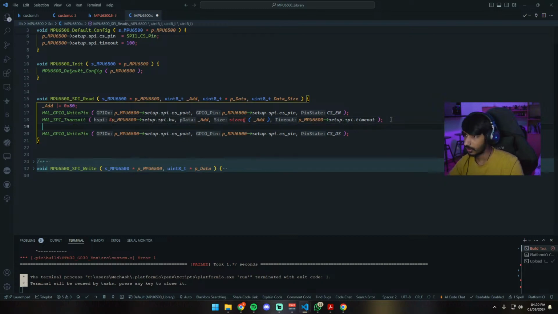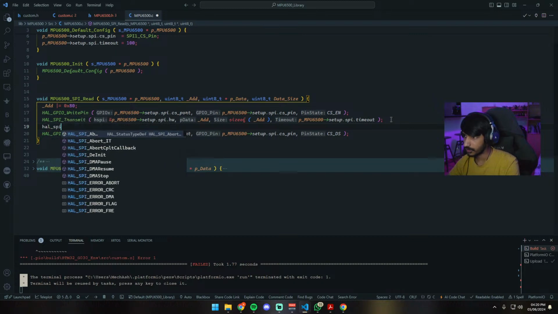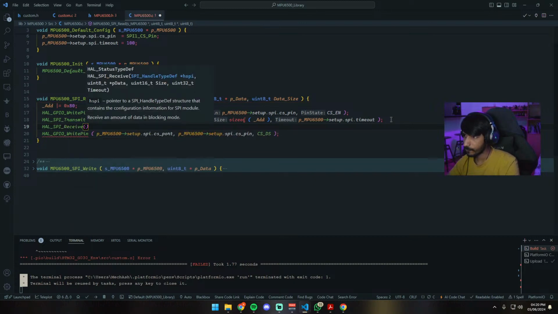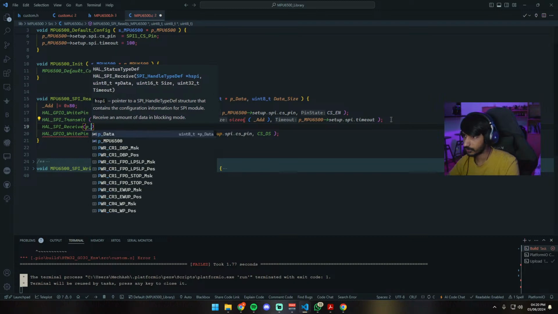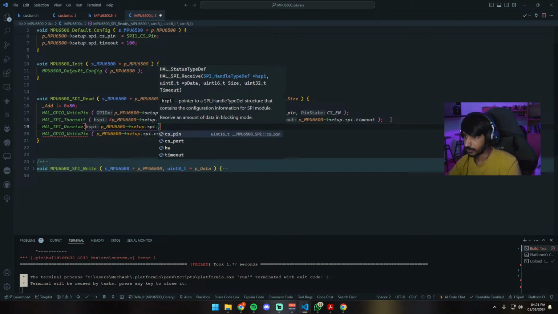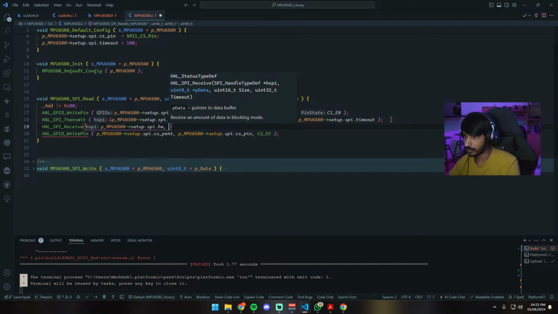Okay, and then we receive, HAL_SPI_Receive, p_MPU6500 dot spi dot hardware, and